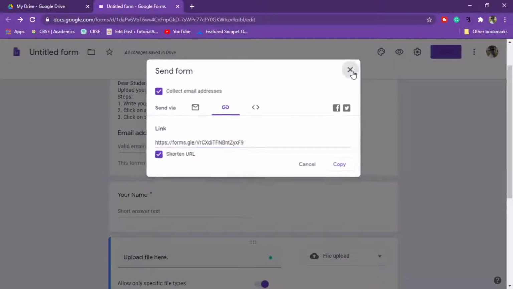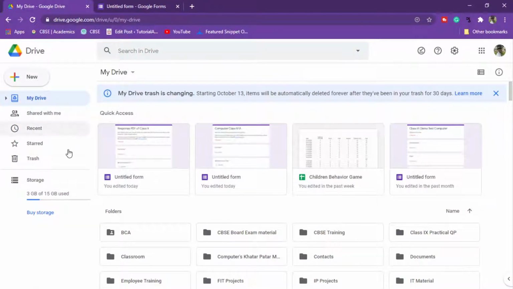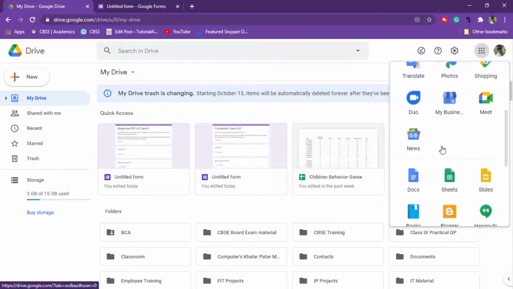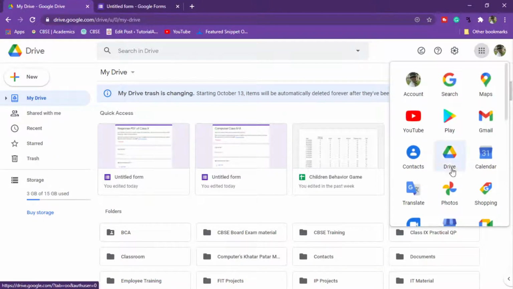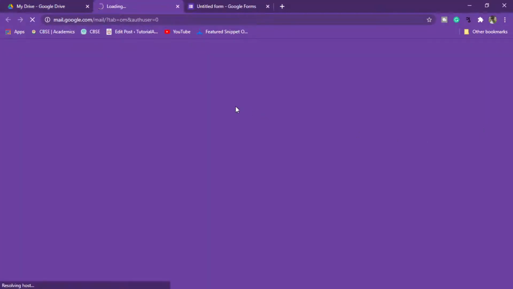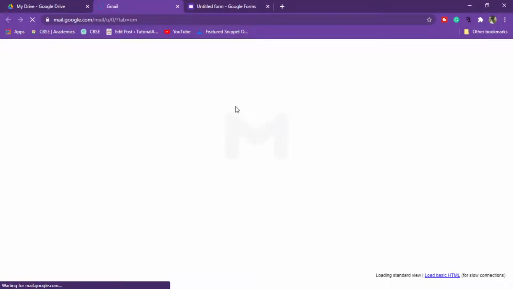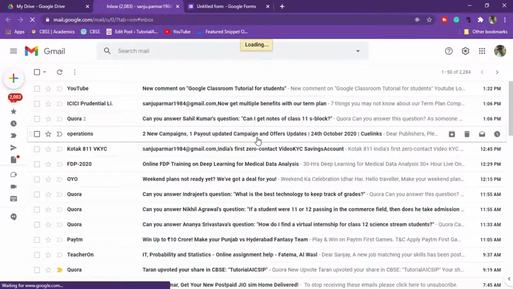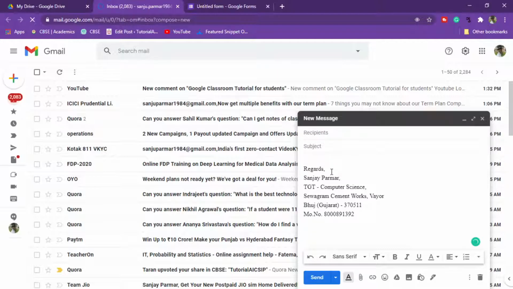Either you can copy this in a Google Form document, or simply we can write an email also for saving. So I am opening Gmail, and here click on compose. Just paste it over here, and that's it.